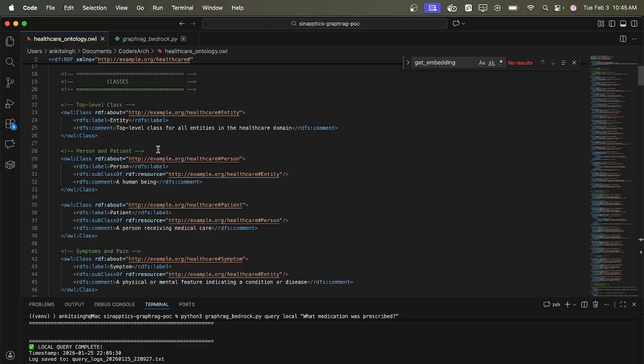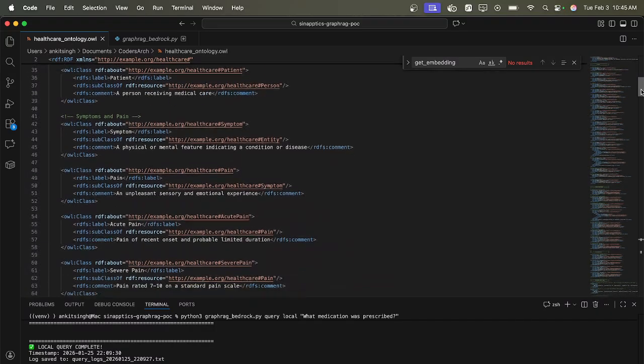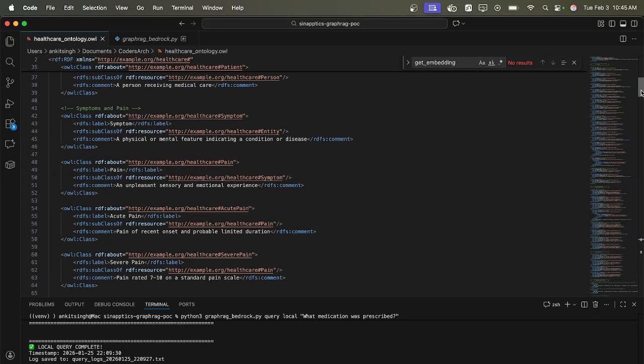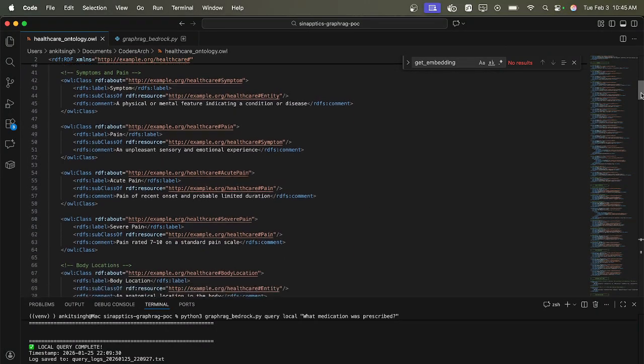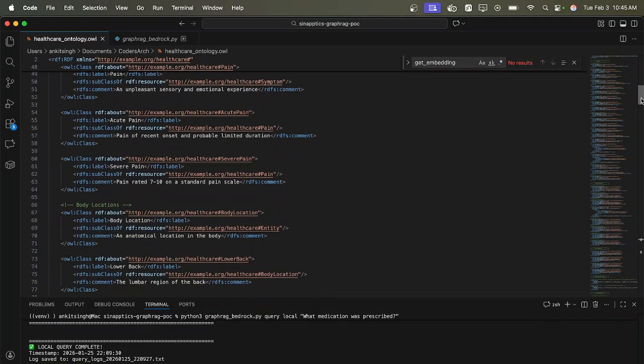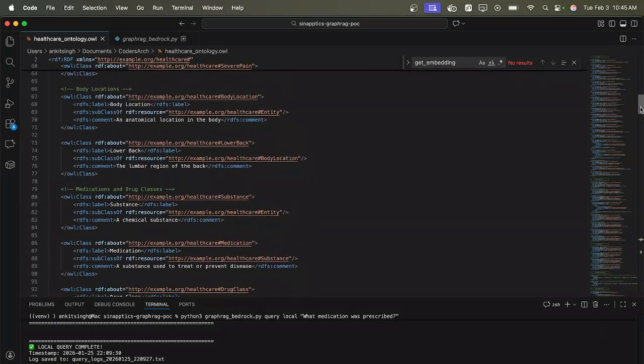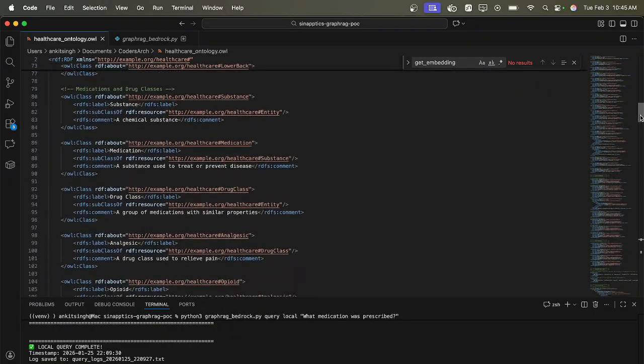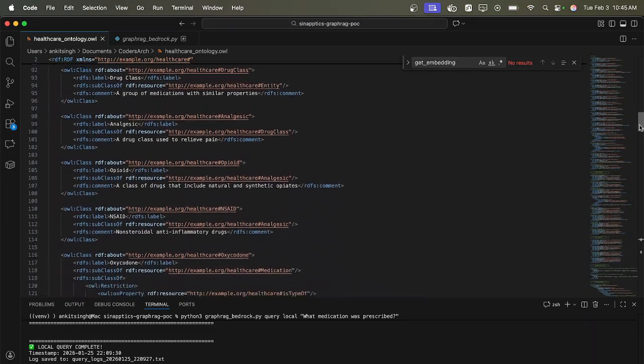Then you have the person and patient, which are the subclasses of the healthcare entity class. Then you have symptoms and pain classes. Pain is a subclass of symptom class. Similarly, there are different body locations, medications and drug classes, different entities that are defined in